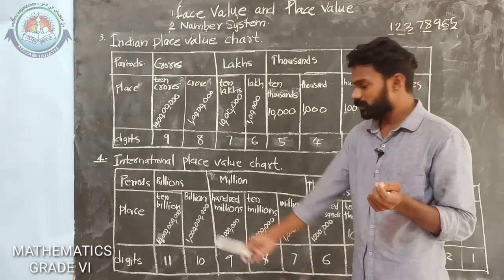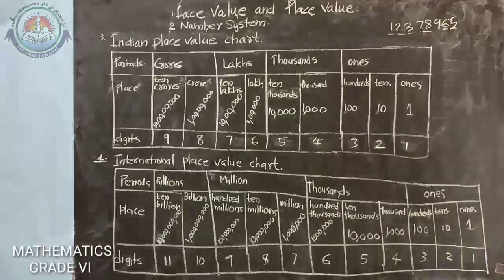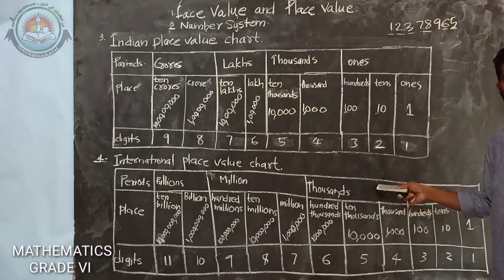And now, what is the order of places or place values? If there is only one digit, it would represent the ones place. The second digit would represent the tens place. The third digit would represent the hundreds place. And ones, tens and hundreds places belong to which period? They belong to the period of ones. Next, there is the period of thousands.